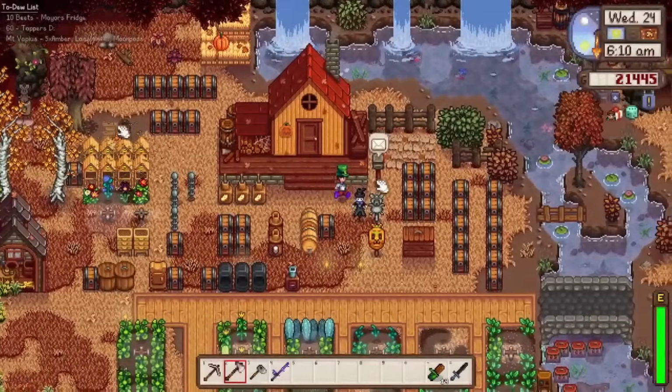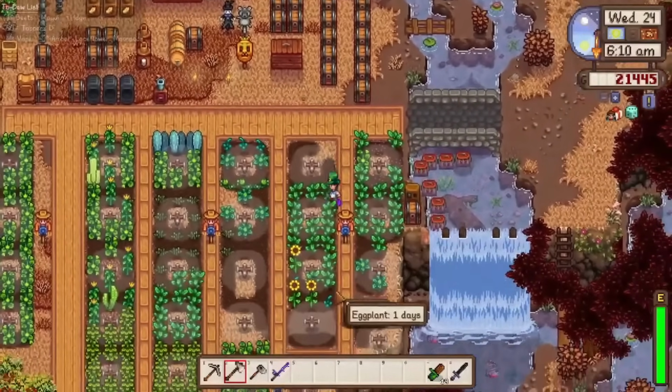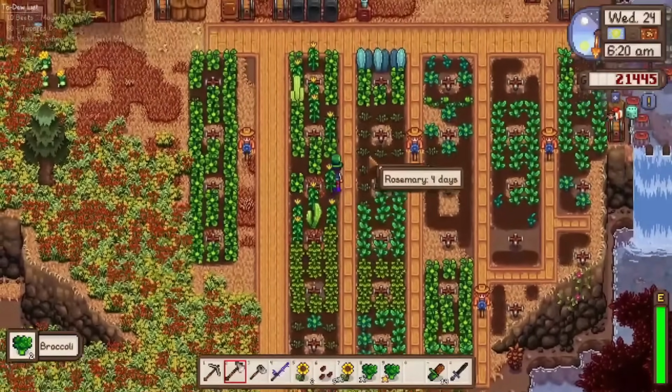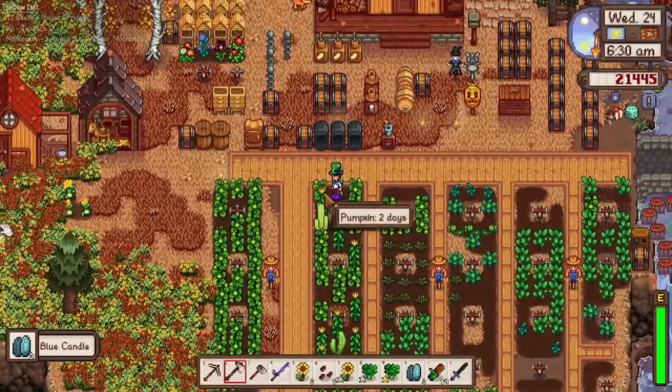On day 24, we woke up to mail from Linus, which gave us the fiber seed recipe, and this might be very useful for the crop spots in this coming winter. Sunflowers, broccoli, and blue candle cactus were harvested today, and now I am starting to think that the cactuses, which are classed as flowers, might also have their own honey types, and that's something we're going to have to check